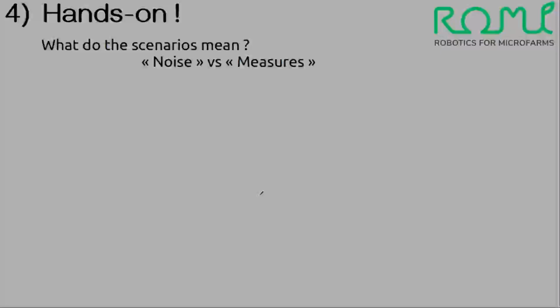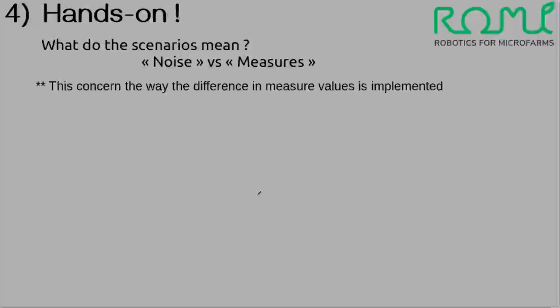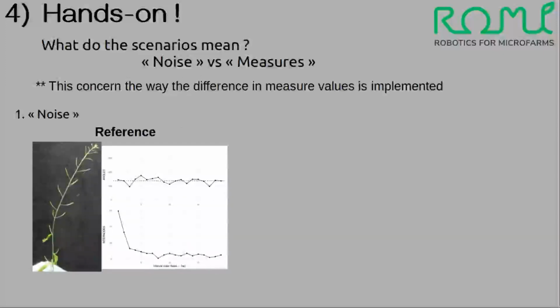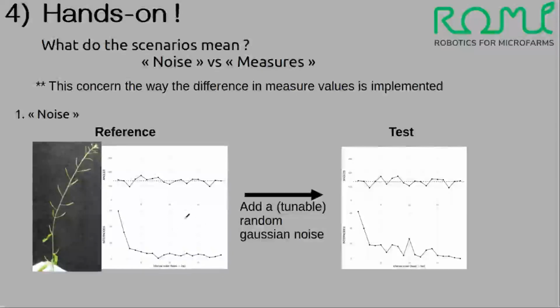Okay, so these 2 scenarios have been implemented to mimic a real phenotyping scenario. It concerns mostly the difference in which the measure values are implemented. So let's look at the first scenario, noise. Just imagine you've got your plant, and from your plant you measure with the first method, let's say manually, you measure angles and internodes. The noise scenario will implement a tunable random Gaussian noise on angle values